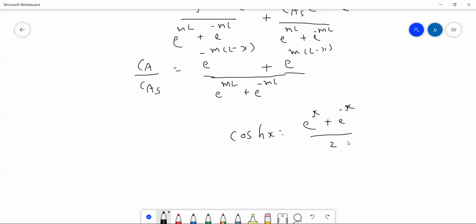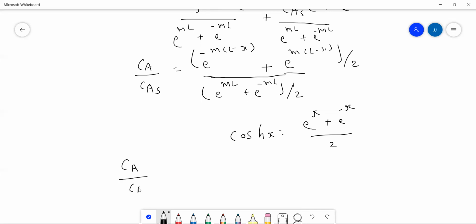So what I do, I divide both terms by 2, and again the denominator by 2. This 2 gets cancelled out. This is the same value. So I can write this equation as